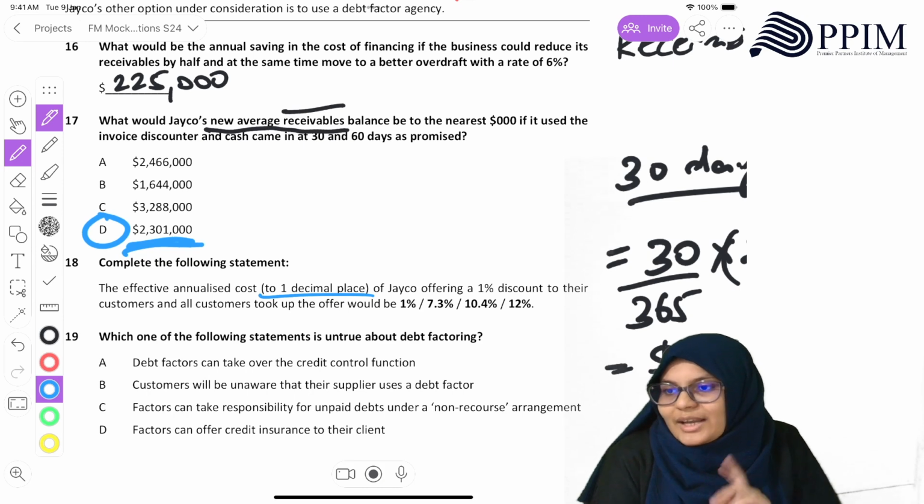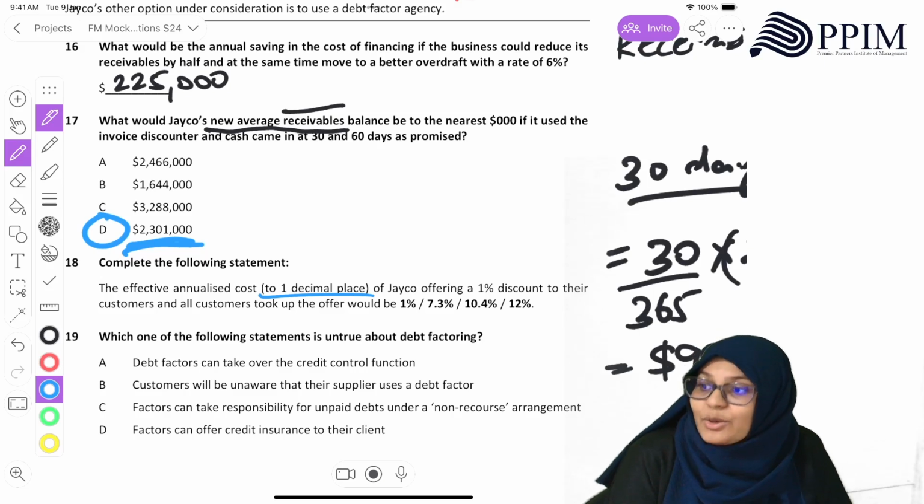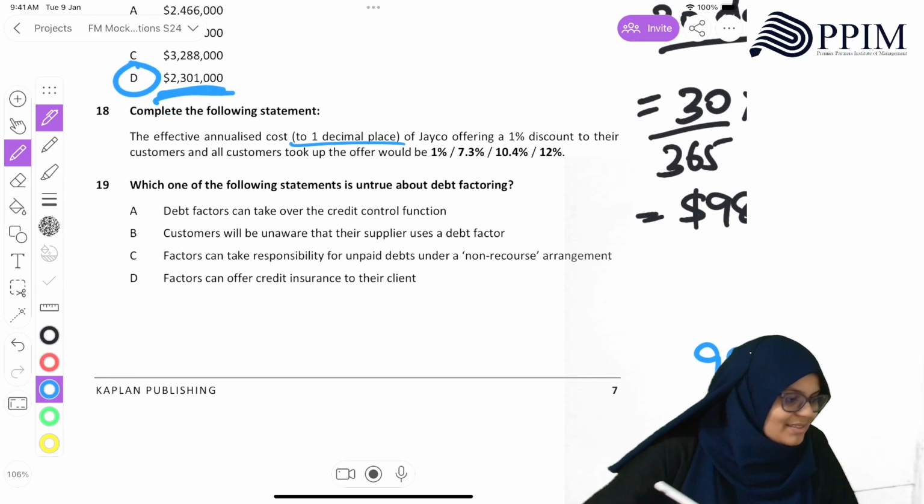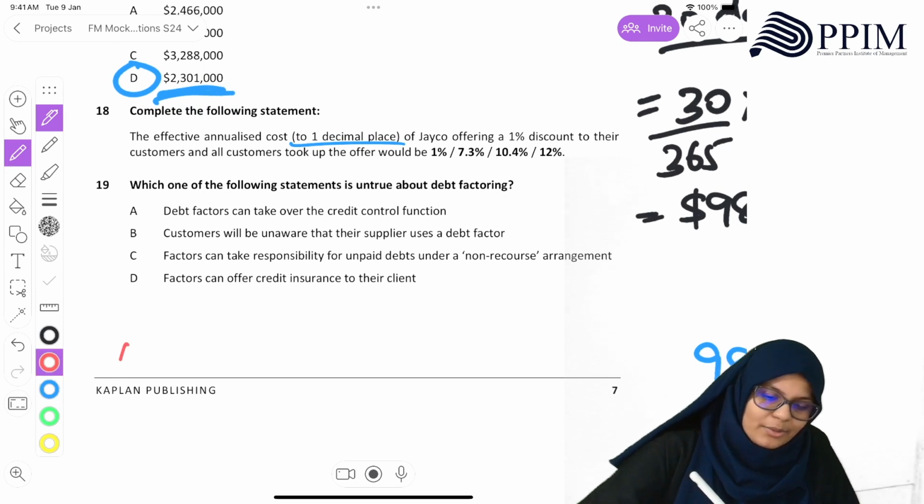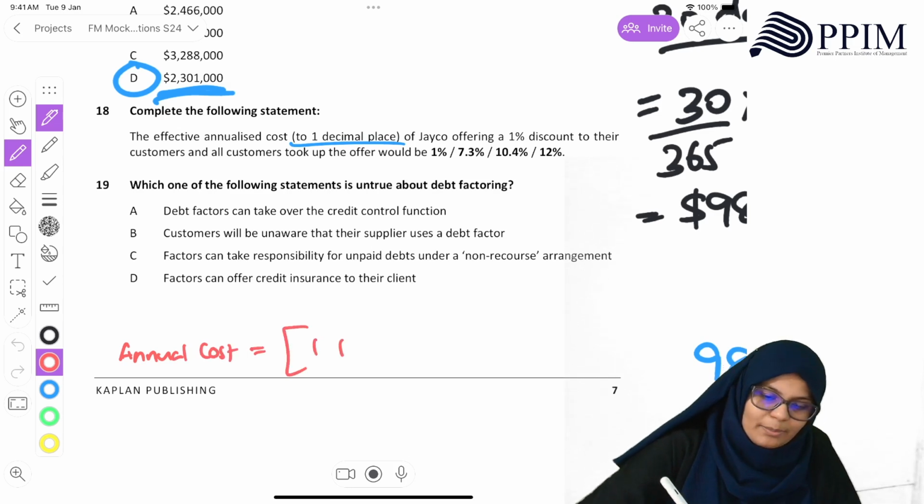So when all the customers take up the discount, if you remember, there is an equation that you can use to get your annualized cost. If 60% took it up, 40% took it up, you have to do cost versus benefit analysis, right? But here, since everybody has taken it up, we don't have to worry, you can directly use the equation itself. So the equation goes like this. The annual cost equals to, if you remember, 1 plus the discount